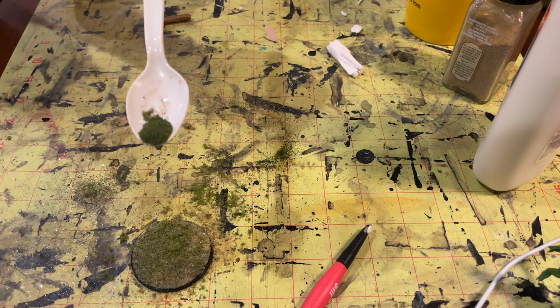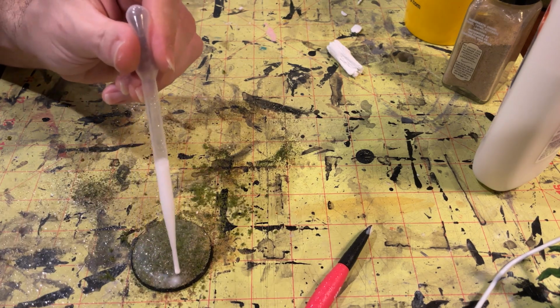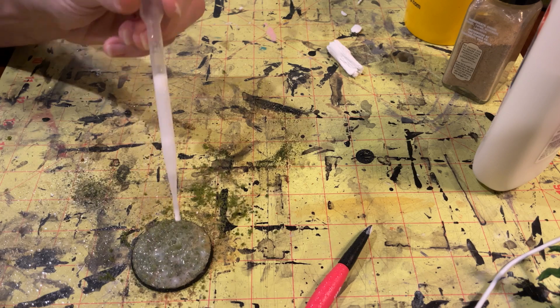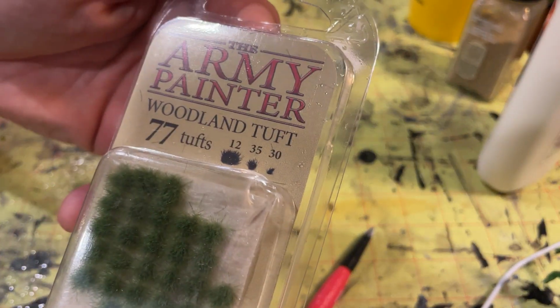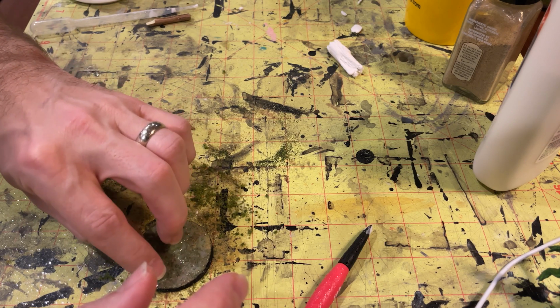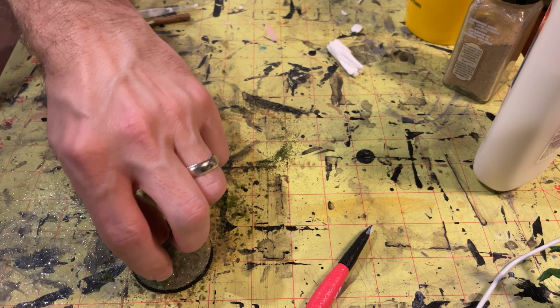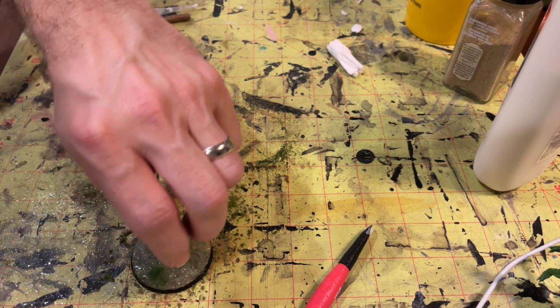And I'm just kind of playing around until I get it to the place I like. And then I'm going to apply another layer of that glue. And now just putting on some grass tufts. So I put on a few different kinds of Army Painter grass tufts just to add some more visual interest